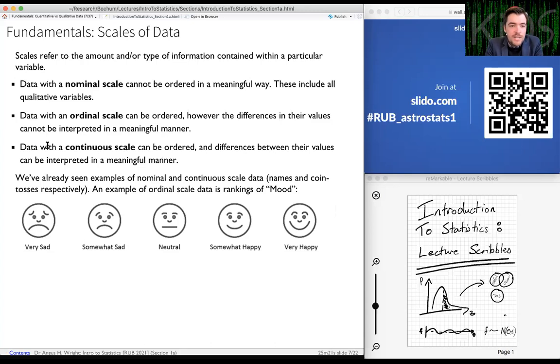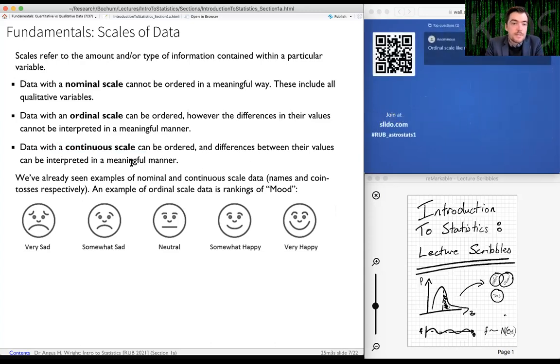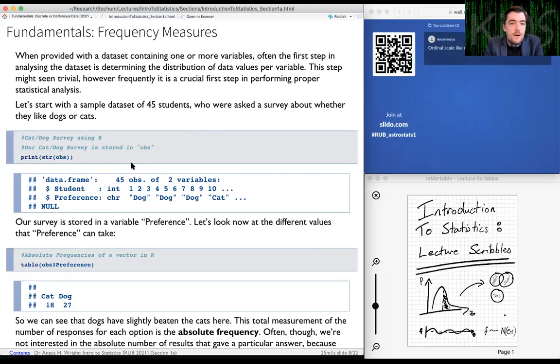The last of which are data which fall on what's called the continuous scale, not to be confused with continuous data, which can be ordered and the differences between their values have meaning. So these are numbers, put simply. You can have other things. All right. So far, we've been looking at,